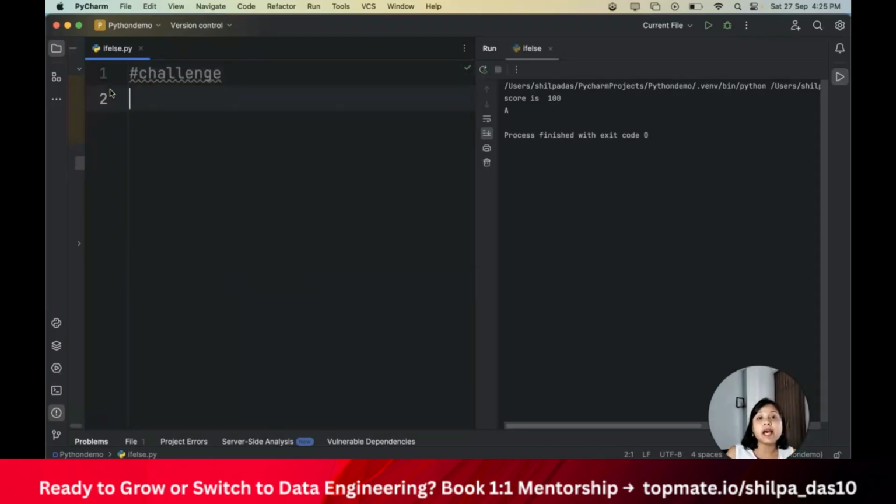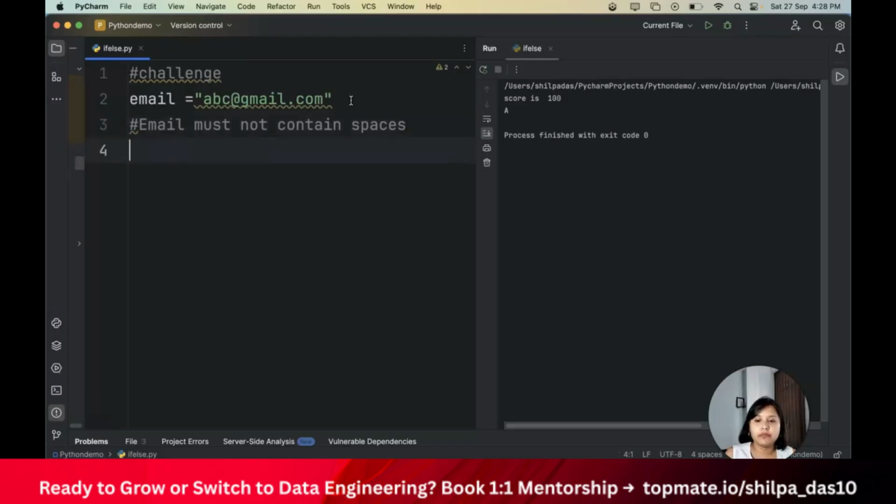So what exactly is our challenge for today? You are given an email address, let's say abc@email.gmail.com. Now my challenge here will be that the email must not contain spaces.